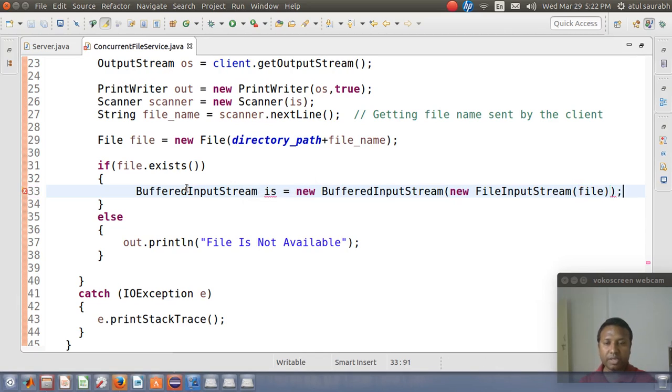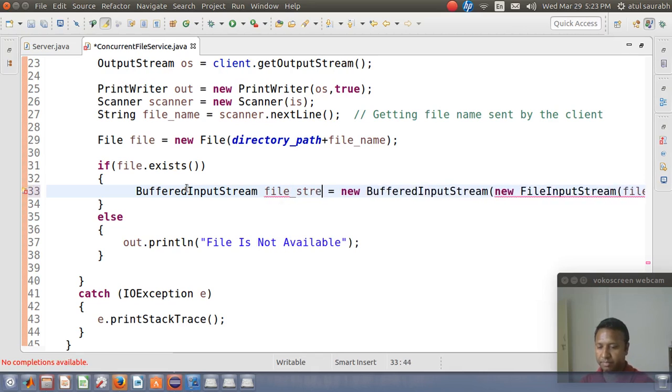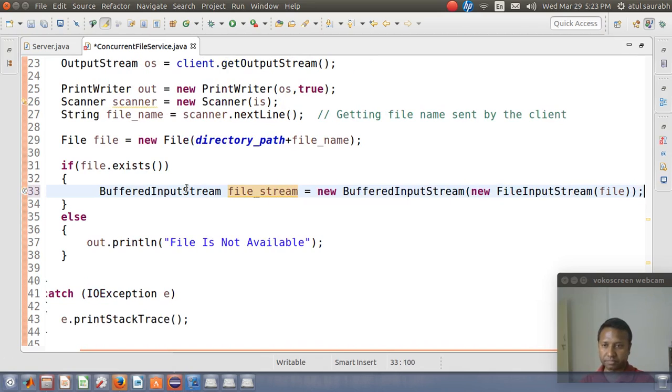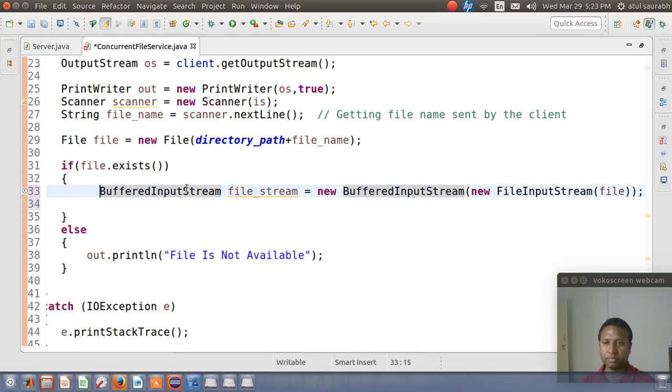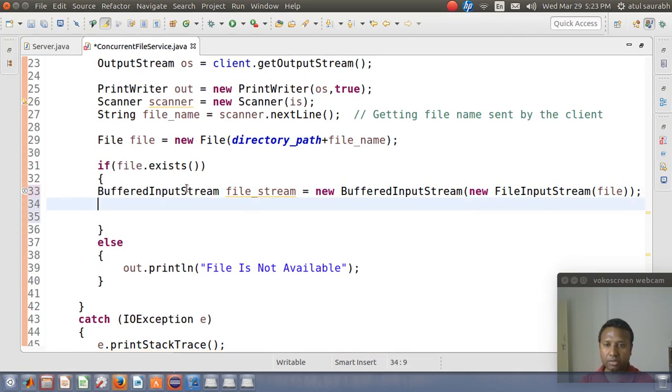So we are using a buffered input stream for reading something from the file. So why not name it file stream? Using this file stream we will read the content of the file and send it to the client.